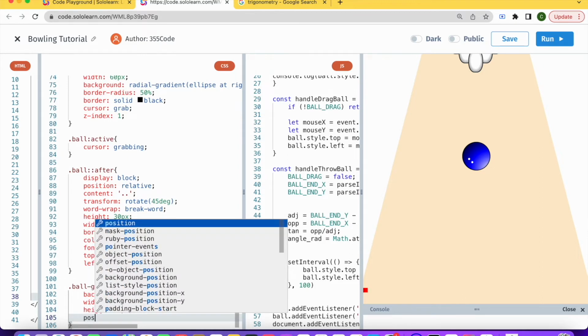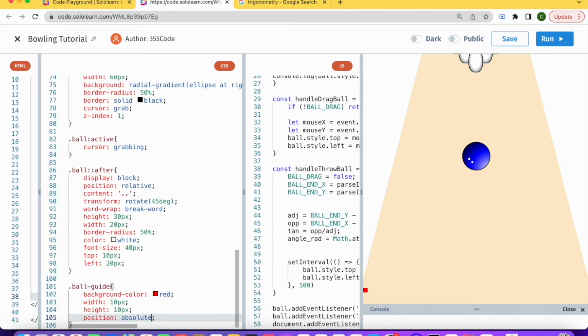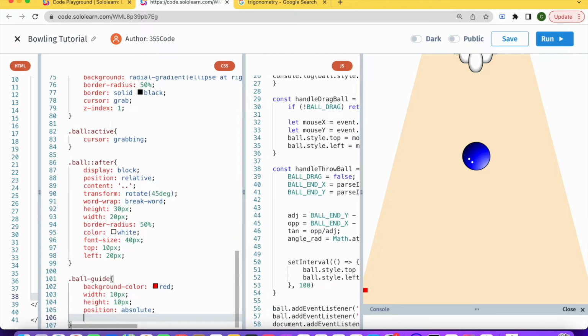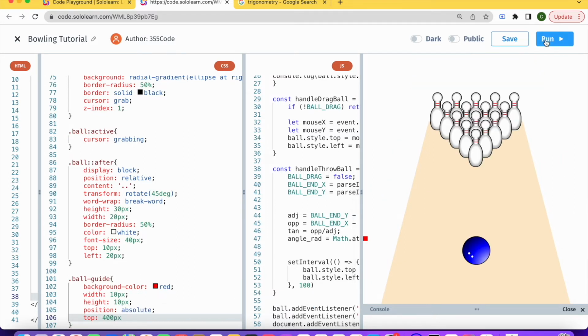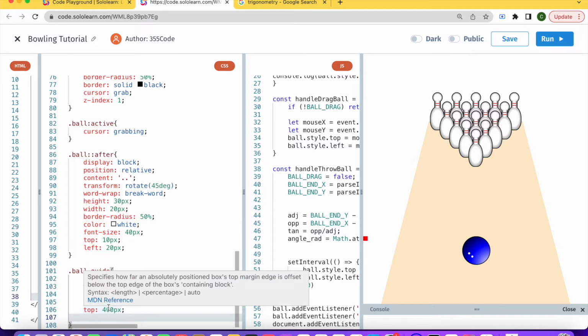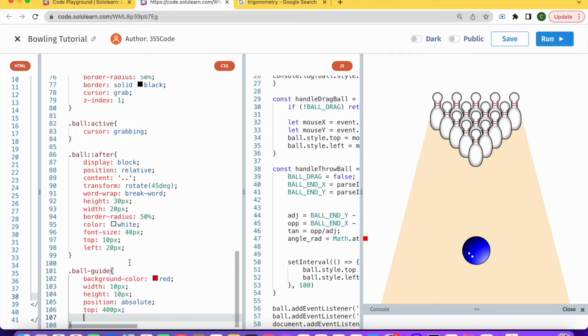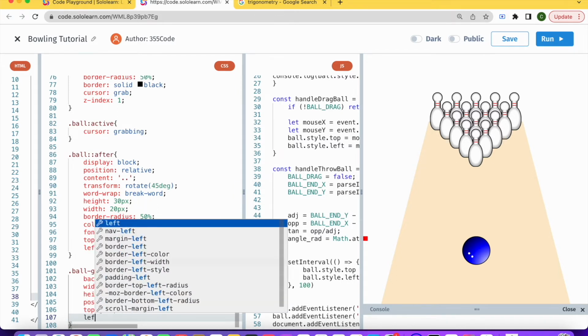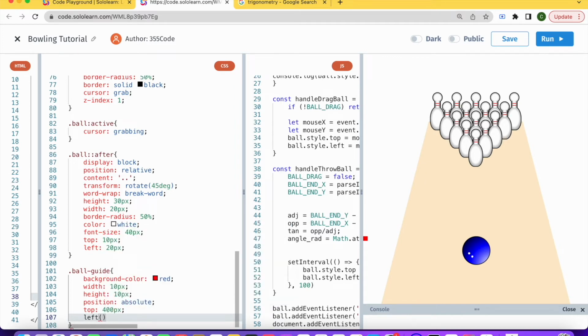So let's change position to absolute. And let me try moving it up. So let's say top, I don't know, 400 pixels. Okay, so that's almost parallel. And I want to center this, and it's hard to center things that are absolute. So what I'm going to do is give it also a left. And this is going to be,